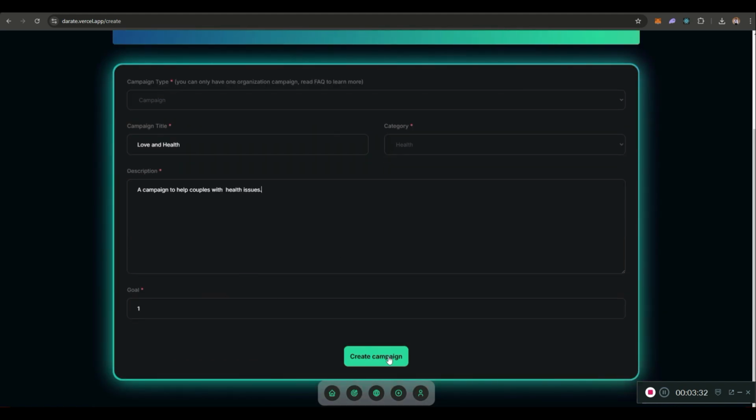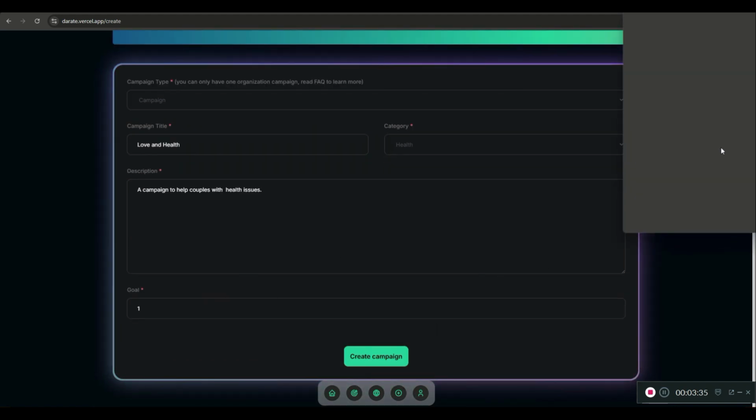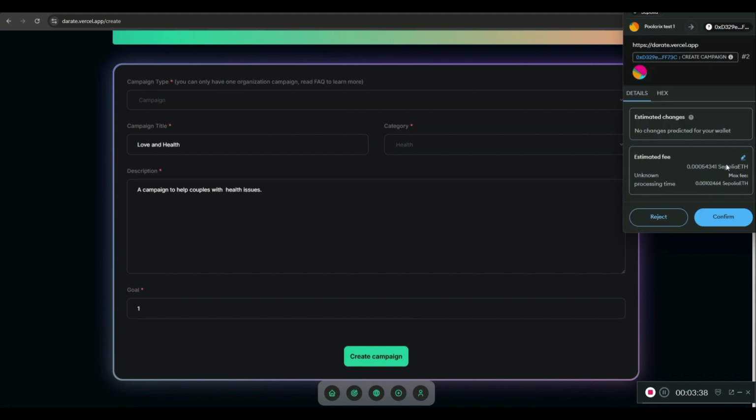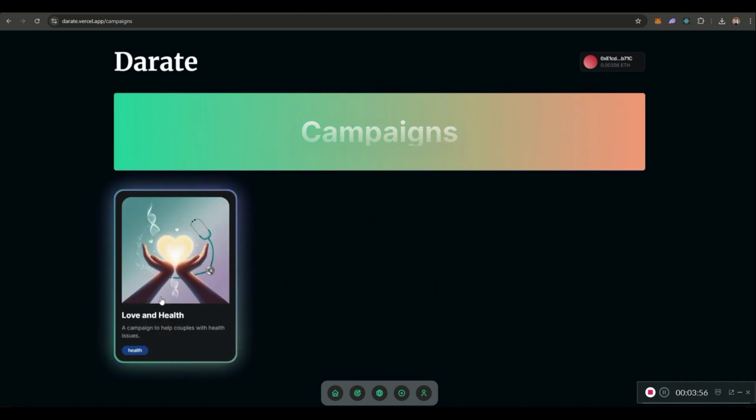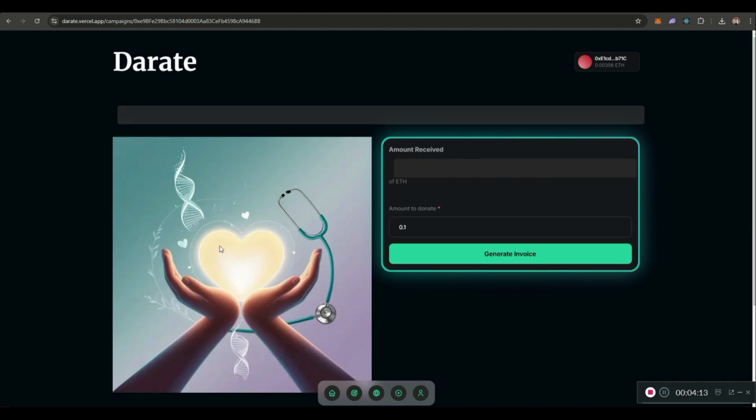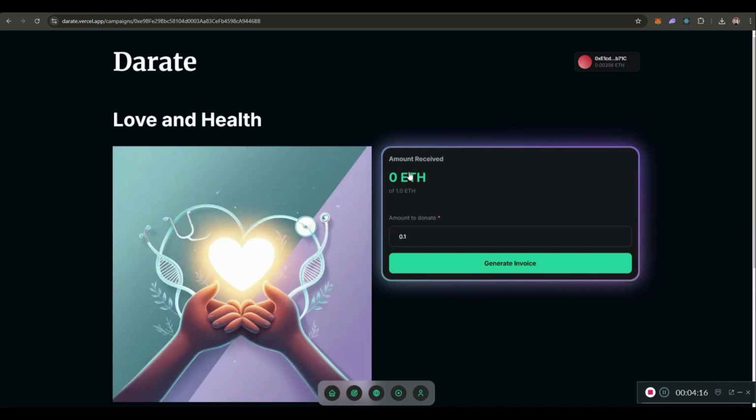Okay, so let's create a campaign, and so confirm. So like before, we need to wait a little for it to propagate, that is, fetch the campaigns from the blockchain. So yeah, so this is it. For now, there's no way for you to upload an image. We'll be doing that after the hackathon, so that users can upload their own images to IPFS, and then we can view it. Yeah, so we'll click on love and health,